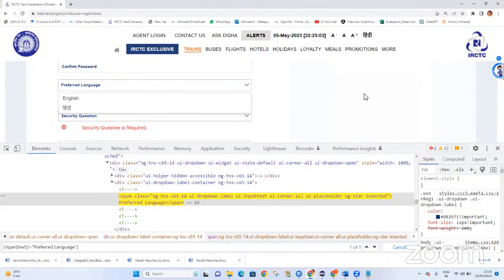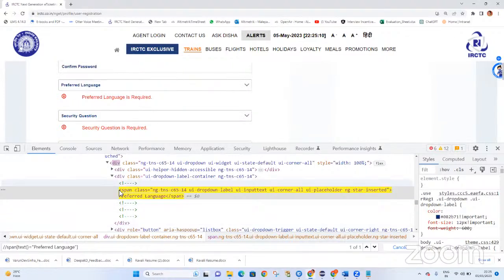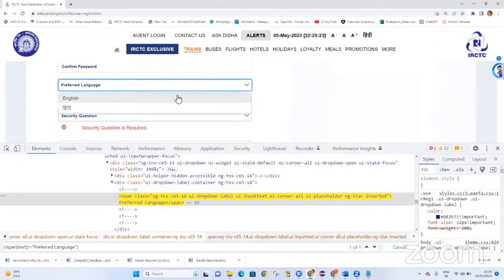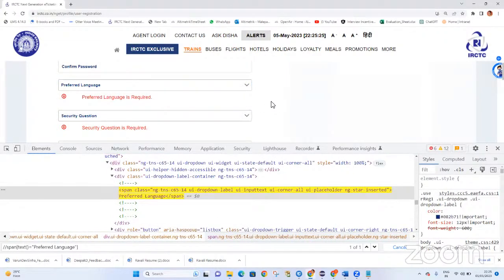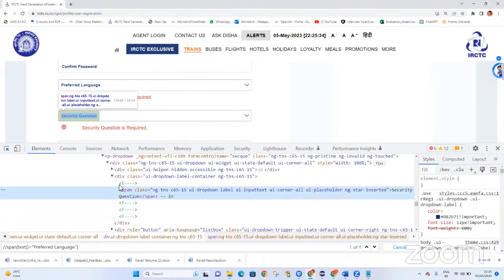See, generally drop downs are of different types. One is with the select tag and another one is without select tag. I mean to say, if this first tag is a select tag, we have a different approach, but right now it is not a select tag. So what we have to do, we have to click on this and click on the option. So generally to select the preferred language, 2 clicks we have to write. The same one for security question also, because this is also not a select tag. How a select tag generally looks like is